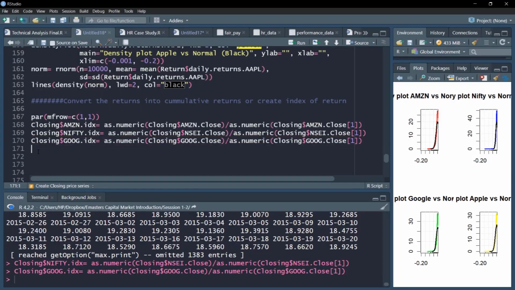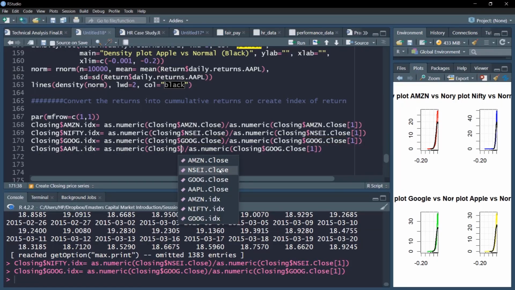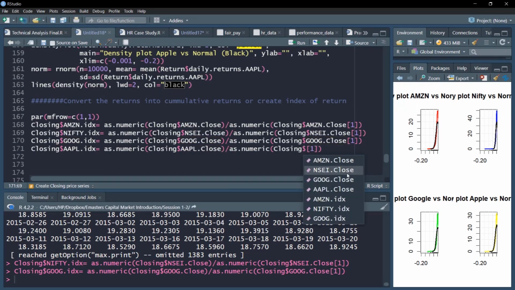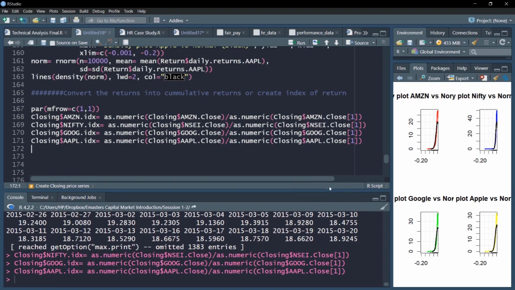Lastly, we'll have Apple. So this is Apple. Now my index variables are ready.